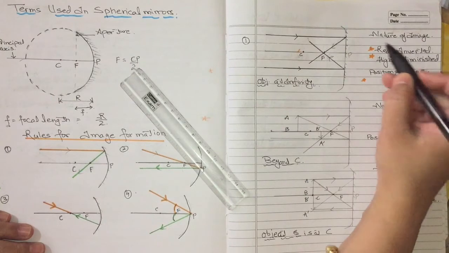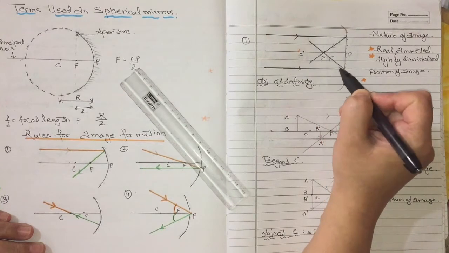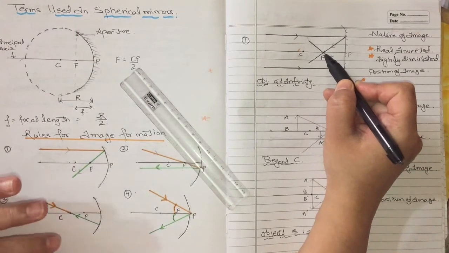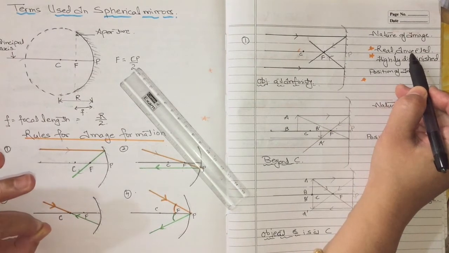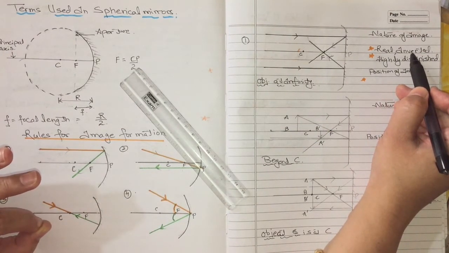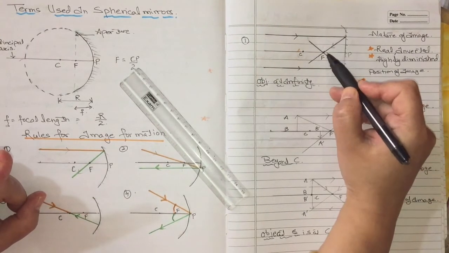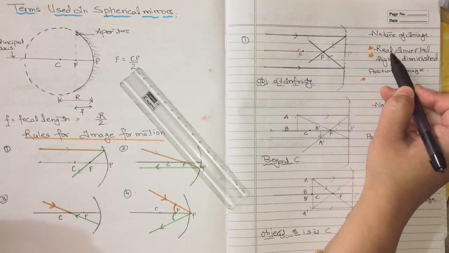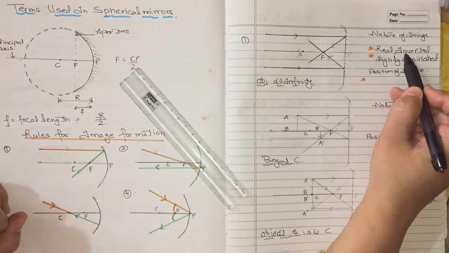Okay, now let's see the nature of image. After the rays get reflected back, wherever they meet, the image is going to form there. What is the nature of image here? The nature of image is real and inverted. Children, this is very important: in concave mirror, except the one diagram where the object is placed between the focus and pole, all the images are real and inverted. First thing. And the second point which you have to note is real and inverted, these 2 points go hand in hand. Okay, so real and inverted, highly diminished.